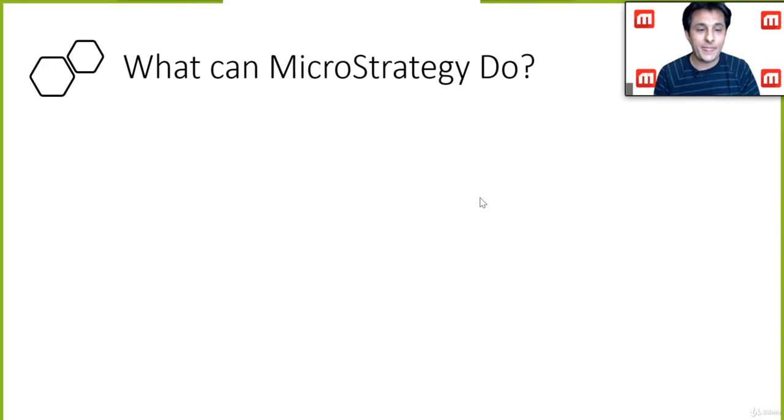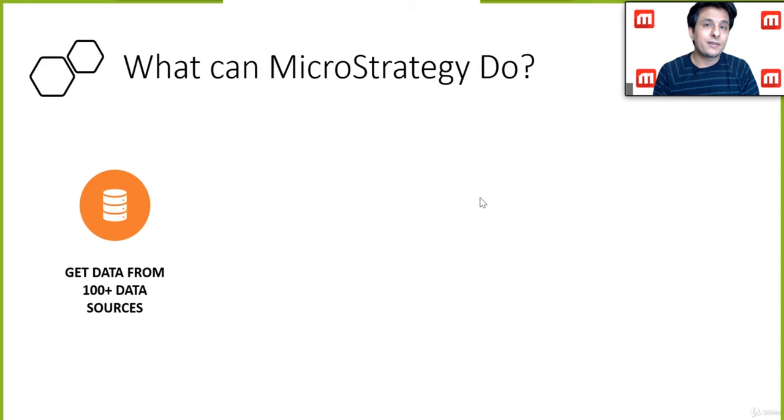We'll see that practically. What can MicroStrategy do for you? Let us see. There are many features. I have collected some important features to show you on screen. You can bring data from 100 plus data sources, from structured to unstructured data sources. Structured ones are like SQL, Oracle, Excel, but unstructured means you have some APIs, websites or JSON files, and other unstructured data sources like Twitter and LinkedIn. So 100 plus data sources you can pull data from.